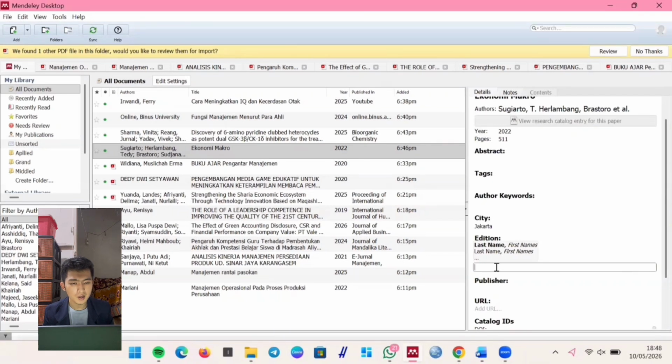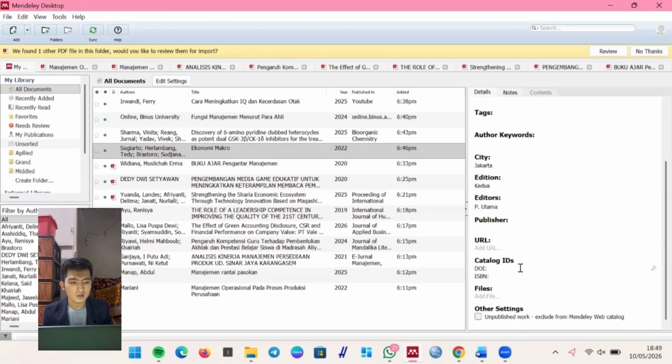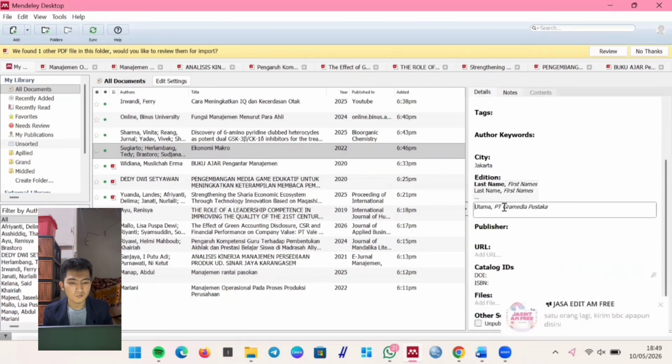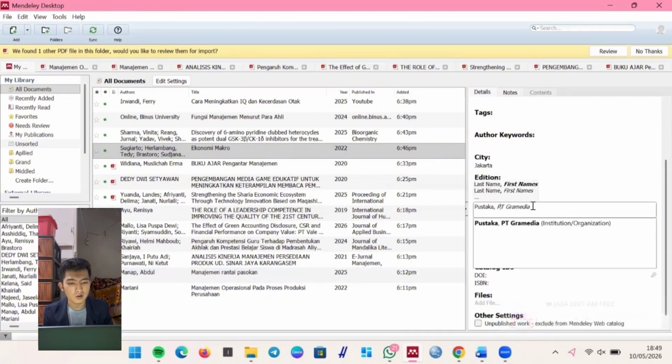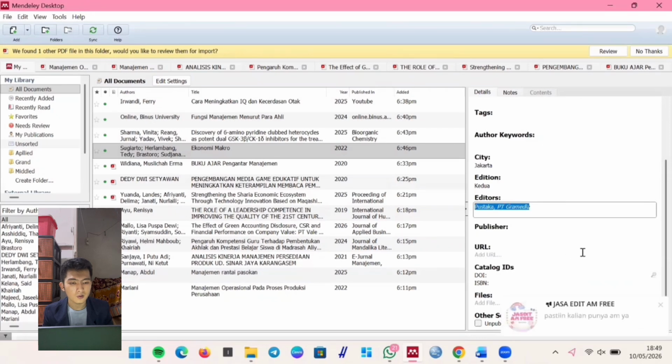Enter the city of publication and the specific edition of the book. Even though there is no PDF icon in Mendeley, the data is now saved as a reference, so when we cite it in Word later, the format will be perfect and follow scientific standards.